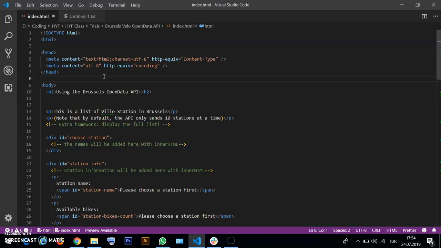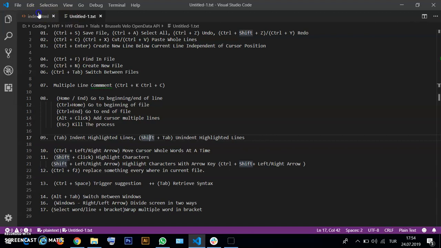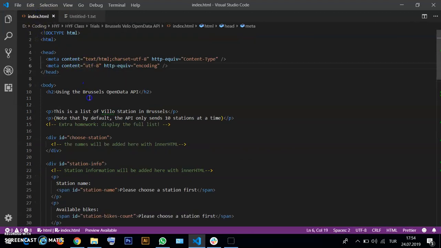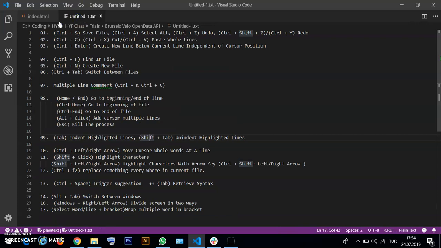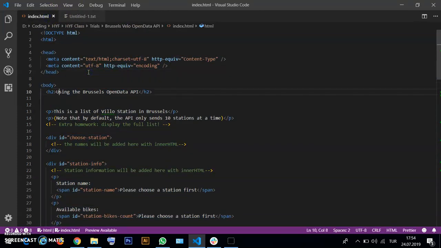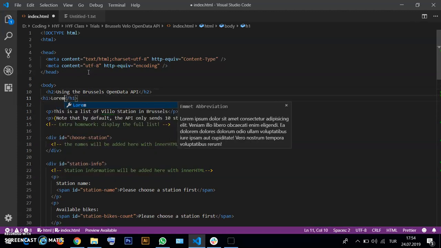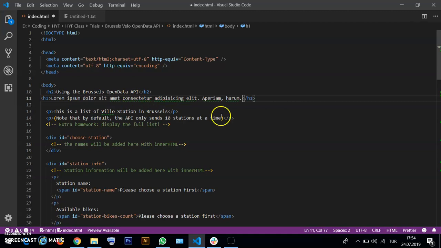if you would like to save the file, you should click Ctrl+S, and if you want to select the whole lines, you should click Ctrl+A. And if you would like to write something, for example, I would like to create something in here,